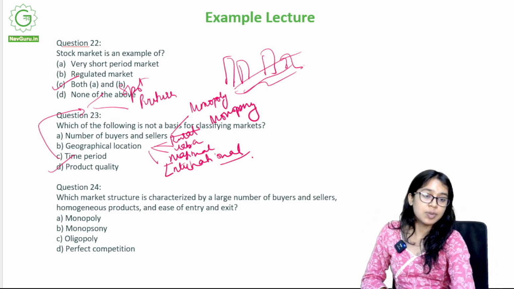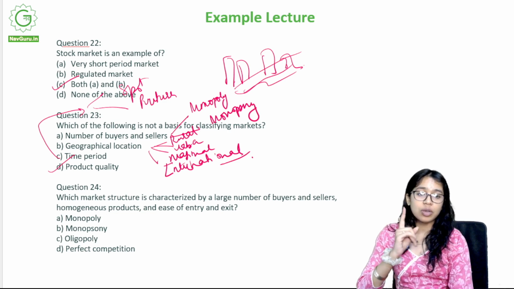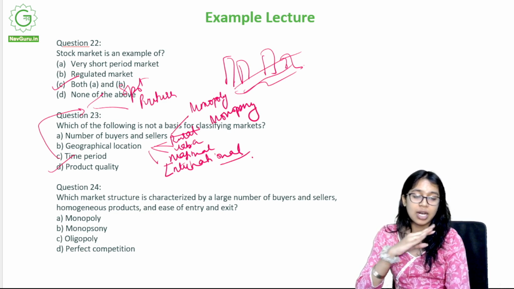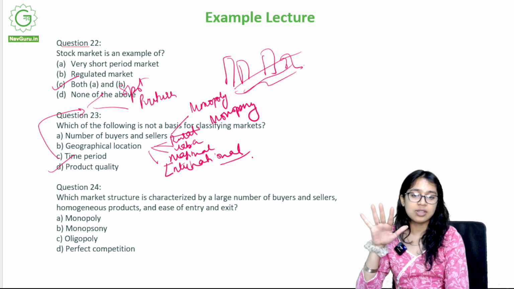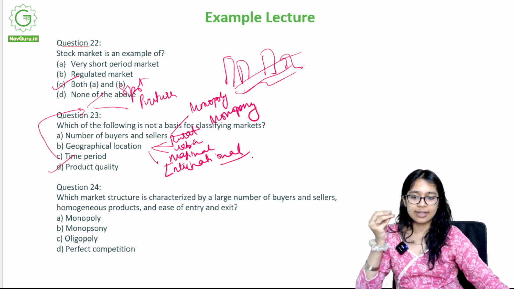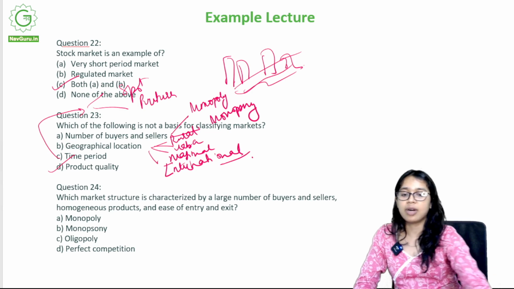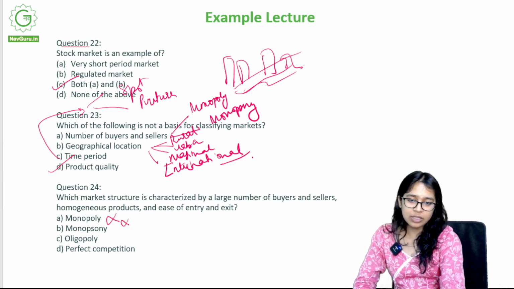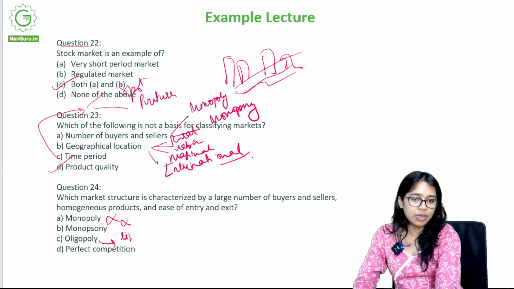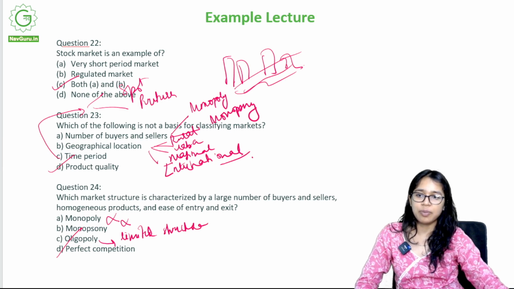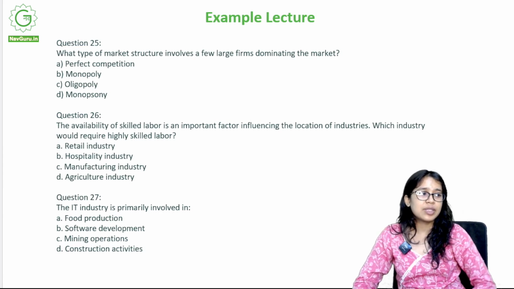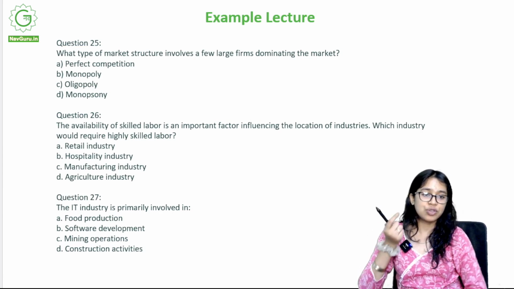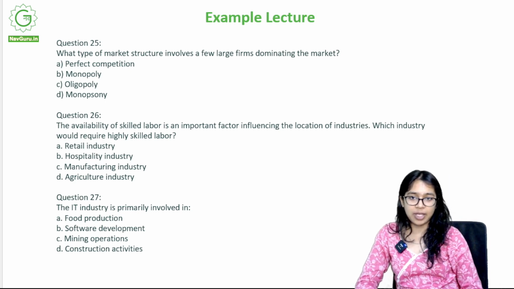There are homogeneous products. There's just not one product or just one company selling that one product. There are multiple companies selling various kinds of products, or maybe substitutes for various kinds of products, and there is ease of entry and exit, so anyone can enter the market, anyone can easily exit the market. Which of these is it? It's not monopoly, it's not monopsony, we have studied that. Oligopoly is also a limited structure, so that is not the right answer as well. The right answer is D, perfect competition. Perfect competition is an ideal situation where everyone is very well informed, but over here it's a more suitable answer than the other options that we have.